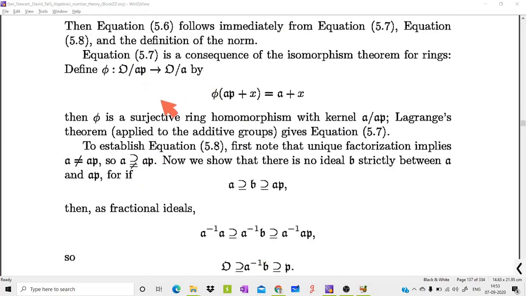Now we define a homomorphism phi from O by AP to O by A, defined by phi of AP plus x, this is the coset corresponding to x of AP, equal to A plus x. And we will prove that this is a surjective ring homomorphism with kernel AP. So this is a very trivial thing. When you consider AP plus x1 equal to AP plus x2,